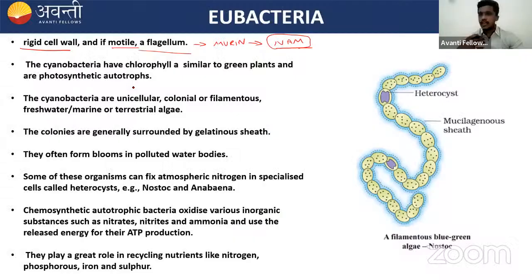N-acetyl muramic acid is one of the peptidoglycan components found in the cell wall of bacteria. So they are basically motile. If we talk about autotrophic bacteria,